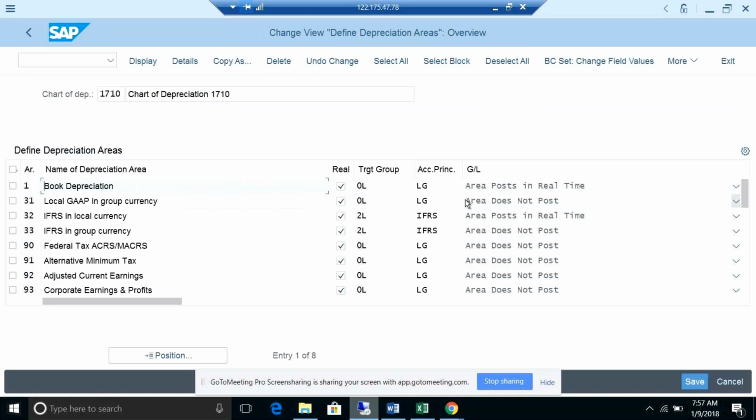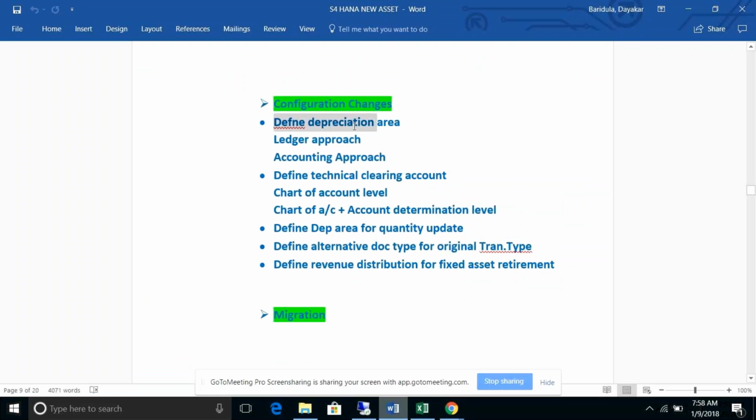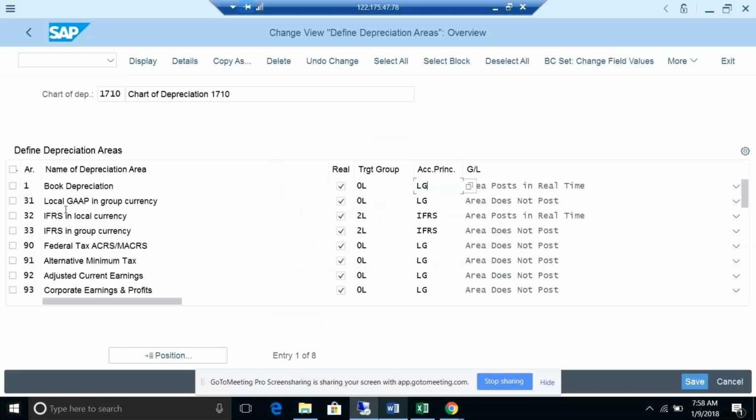Basically, a new dimension is coming here, so we need to be a little careful here. What is the new dimension coming here? In the earlier screens, did you see this? Preeti, did you observe this? Do you have this dimension in the previous screen? In classic accounting, no. This is one configuration. Whatever we are talking about, these depreciation areas, the ledger approach, the accounting principle that we can link to the depreciation area, is a completely new configuration. Earlier we used to have only depreciation areas.